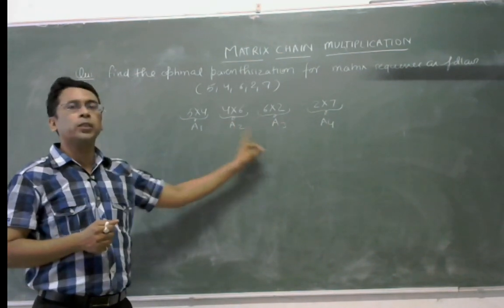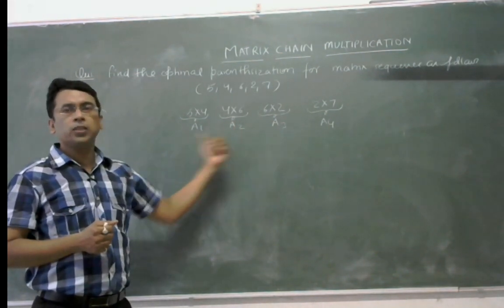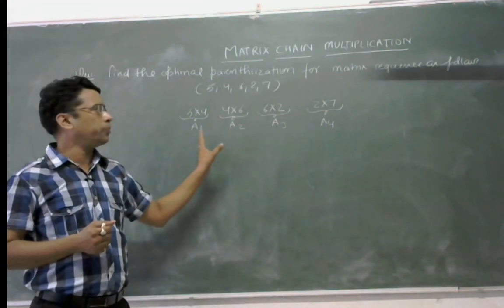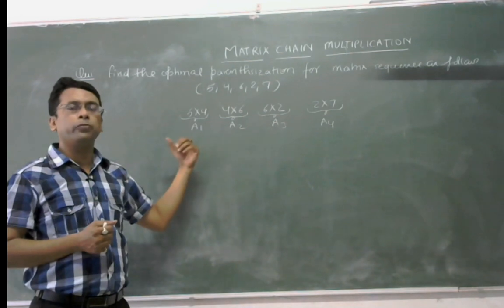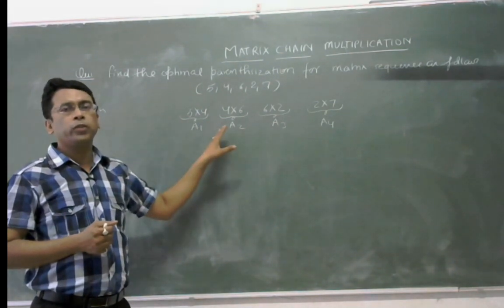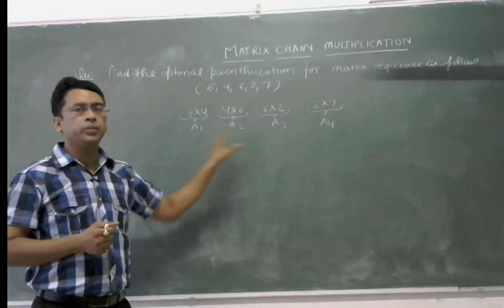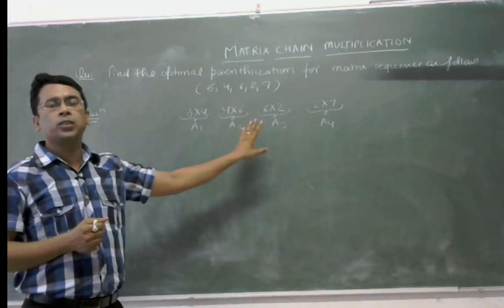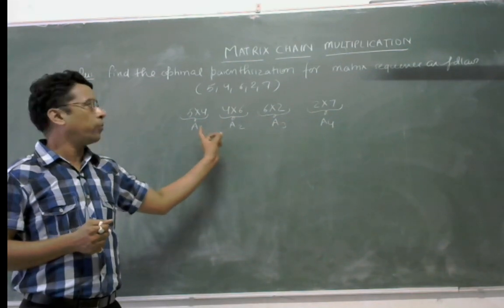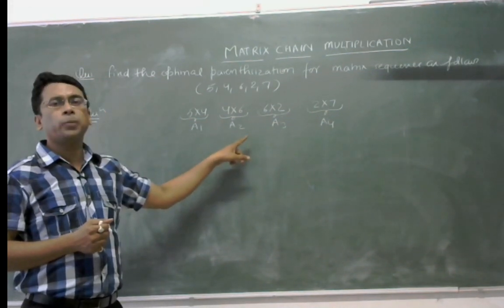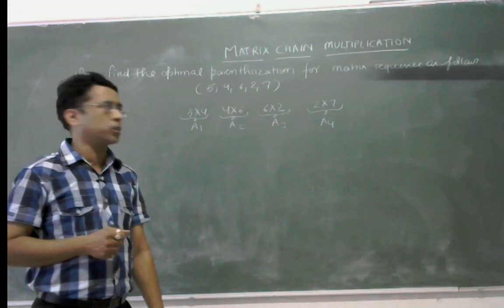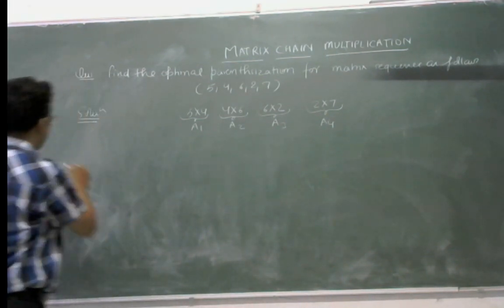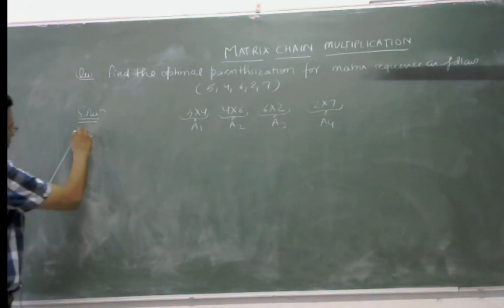We have to keep their sequence as it is, because changing the order would be against the basic concept of matrix multiplication, that the number of columns in the first matrix should be equal to the number of rows in the second matrix. So while multiplying, we cannot change the sequence of the matrices, but the sequence of parenthesization changes the number of computations. To get the optimal set of parenthesization, first we shall draw a table like this.